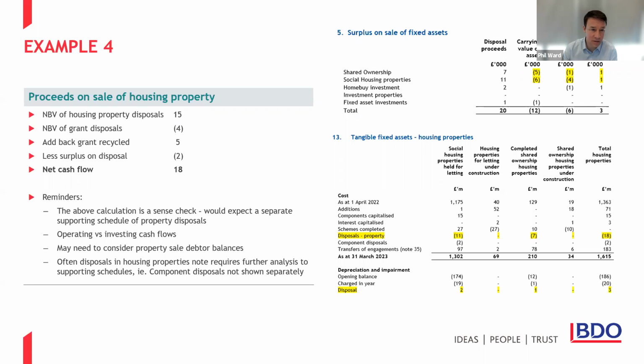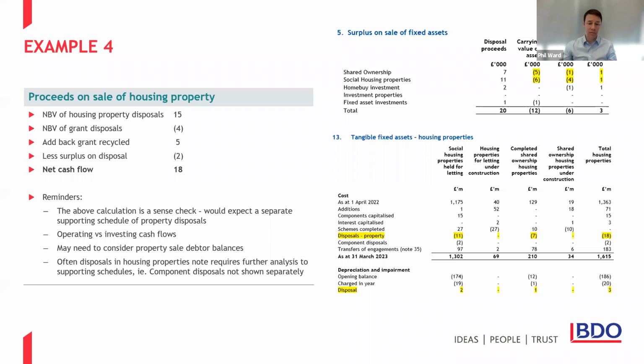You can see in this instance, we've got a net cash flow of 18, and in note 5, you can see that we have the top 2 rows of housing property transactions, 7 and 11. So that tells me that that figure's probably there or thereabouts. But if you go through the mechanics of how this would work, if you're analysing out the separate items within your cash flow workbook, the starting point would be your housing properties note. So here, note 13, what's the net book value of your properties disposed of? Here we've got cost of 18 disposed of and depreciation of 3, giving us a net book value of 15.